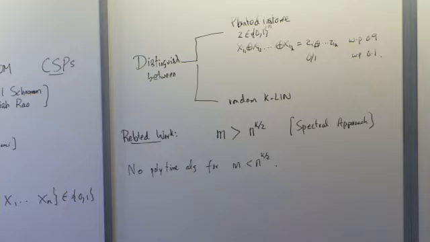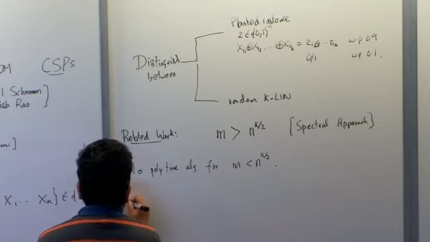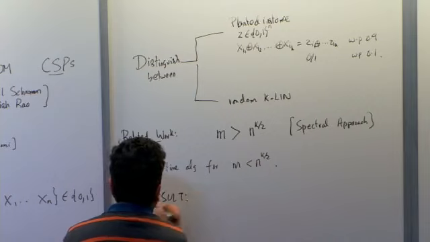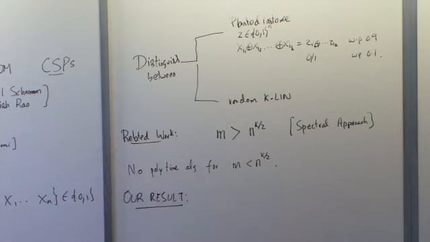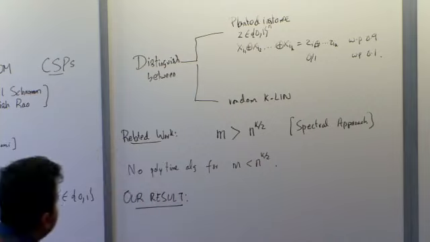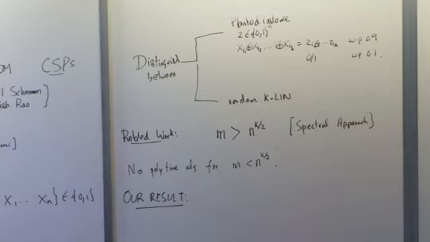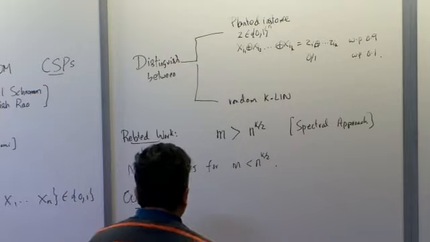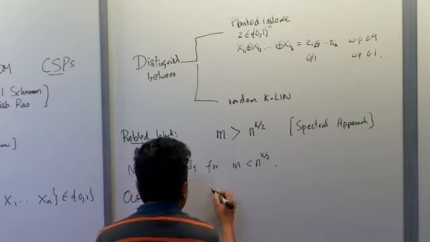Okay, so what is our result? Of course, we don't get anything close to a polytime algorithm, but we show that if you use the sum of squares algorithm, you can strongly refute instances of random K-Lin in sub-exponential time. So in the following sense, if you pick any delta,